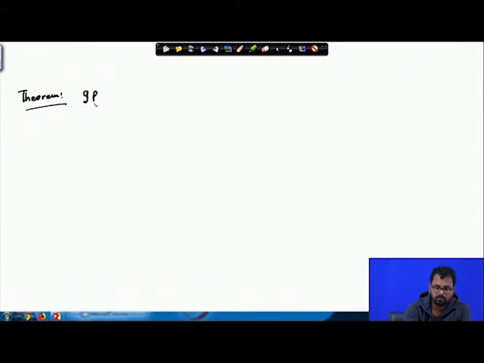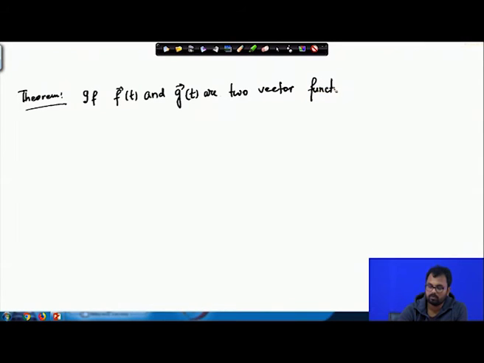If f(t) and g(t) are two vector functions of a scalar variable, say t,